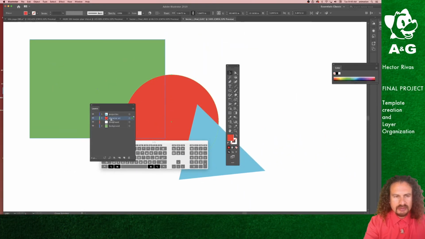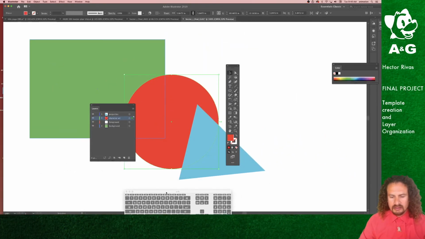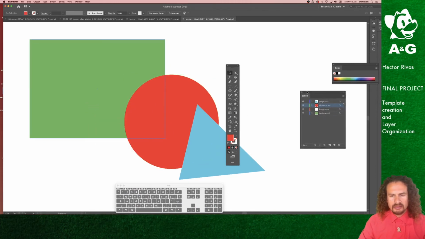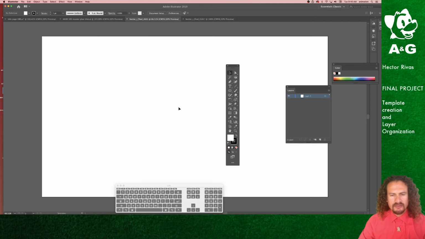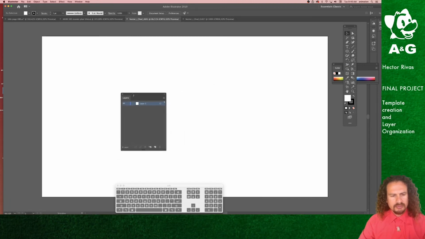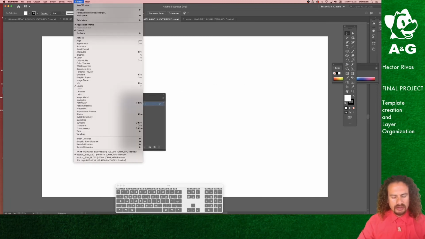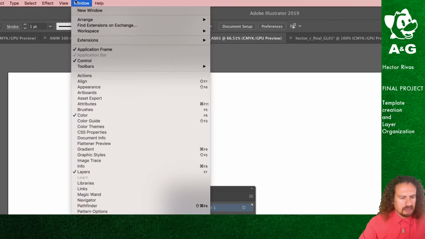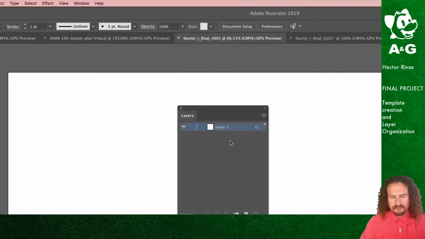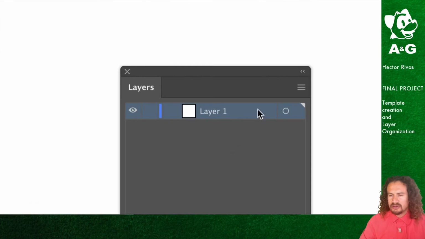Okay, so now let's go ahead and work with your final scene. If you're working on a final scene, you're going to create your layers similarly. Bring up your layer window. Again, to do that, you go to Window from the pull down menu, and you go to Layers. And this comes up. And here, what you're going to do is create a new layer,